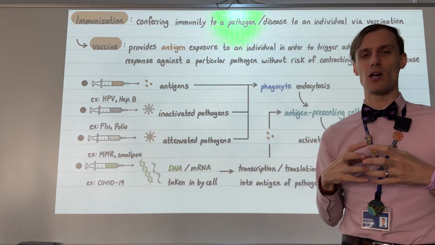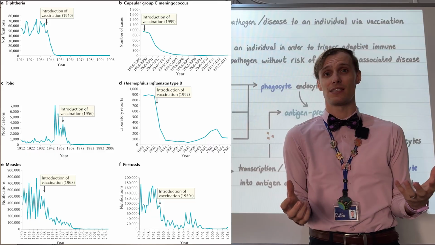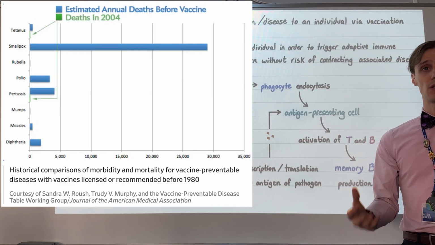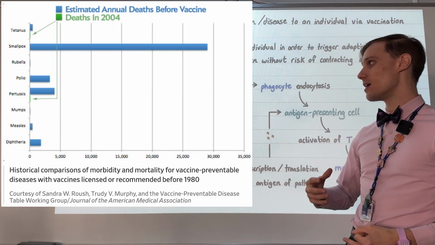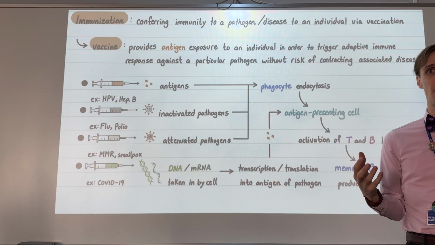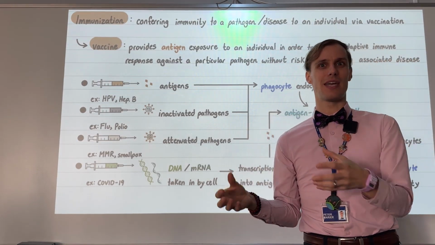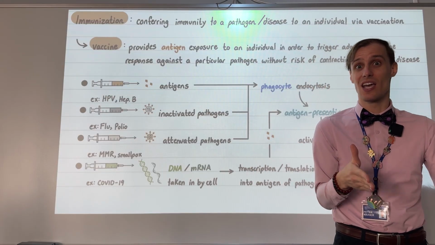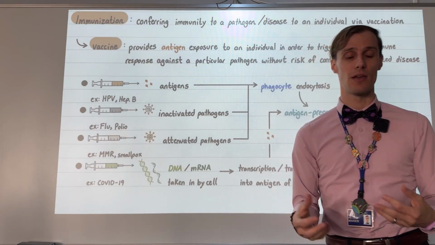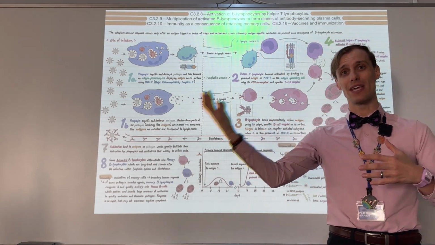It cannot really be overstated just how important vaccination is and just how many lives this has saved. The direct consequence of vaccination has been an improvement in quality of life and in life expectancy. And the idea that we've basically hijacked our own adaptive immune response and used it in a way where we can develop an immunity against a disease without the risk of all the side effects that would come with a potential primary immunity. So overall, this system really is an interplay between both the innate and the adaptive immune response,